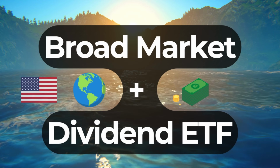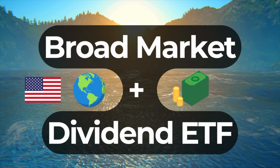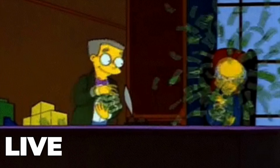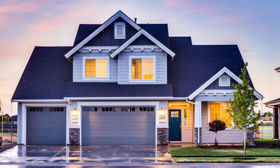The third 2 ETF portfolio is a broad market ETF plus a dividend ETF. A dividend ETF is a type of fund that invests in a broad basket of dividend-paying stocks. Dividend ETFs also provide a great steady stream of income and potential for great capital appreciation for investors who want to one day live off of dividends. Or if you really want to, you could use this income to pay off expenses in retirement like a house,